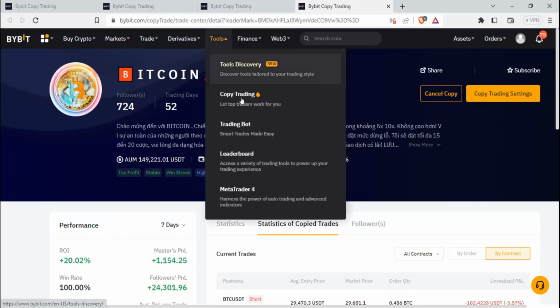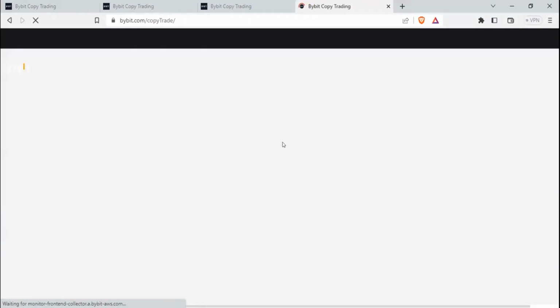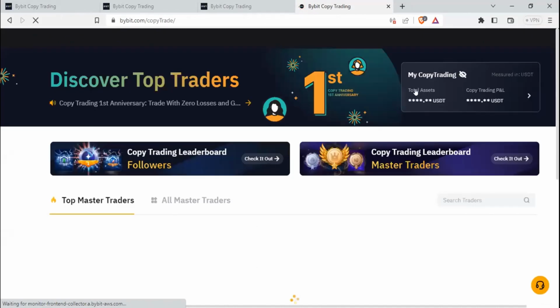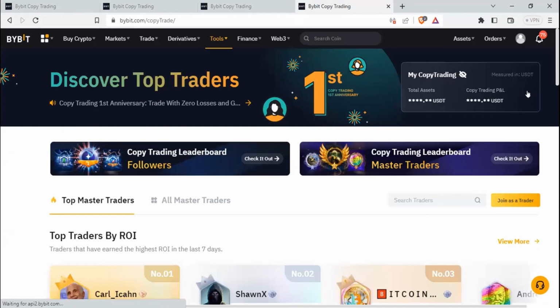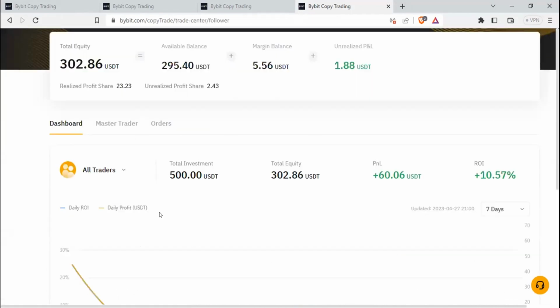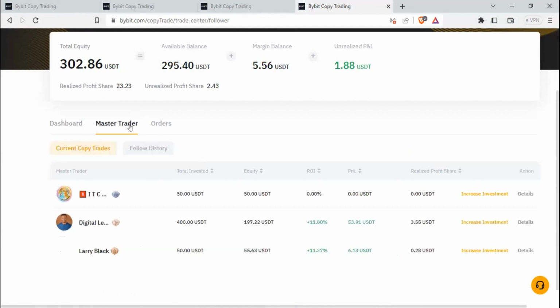So if I go back to tools to adjust the settings, I go to the copy trading option, where it says my copy trading. If I go ahead and click on it, you will see master traders here. If I click on master traders, you'll see their performance, and then you can click on any of the master traders you want to adjust the leverage for. For instance, if I click on this one,